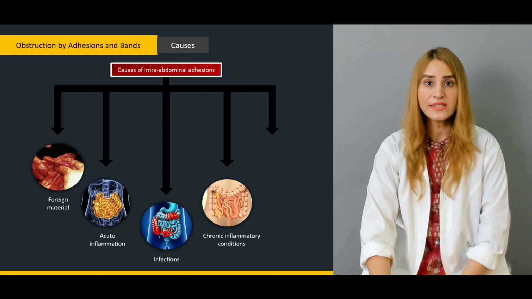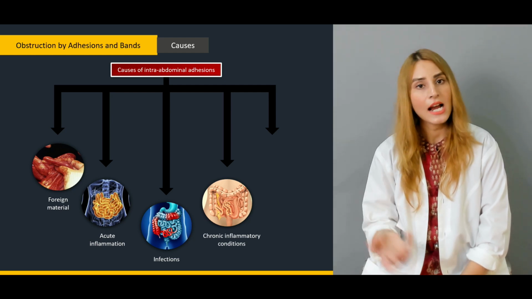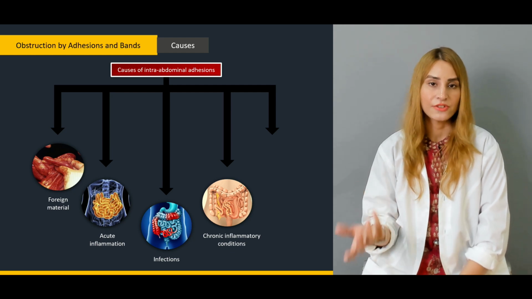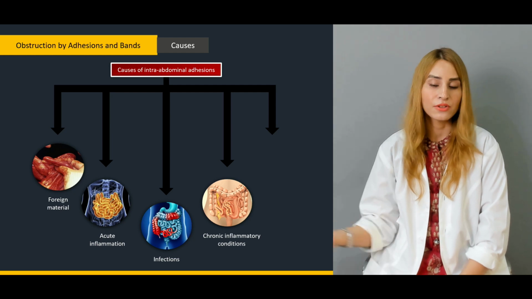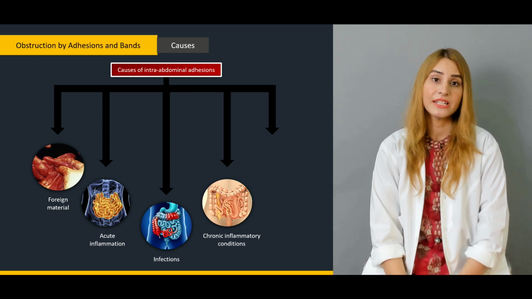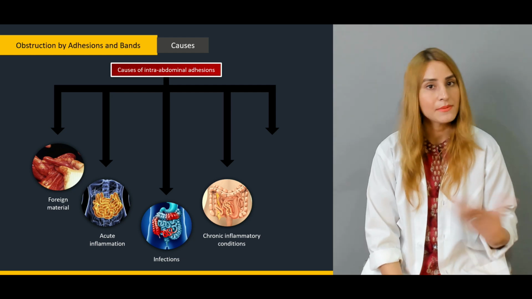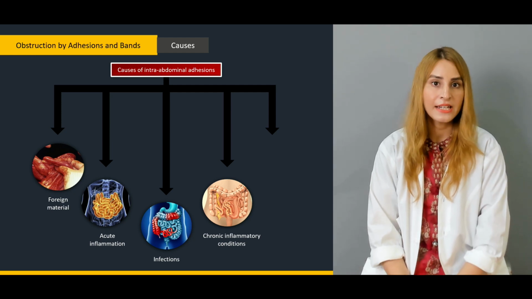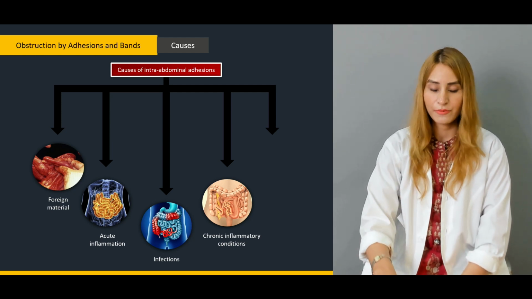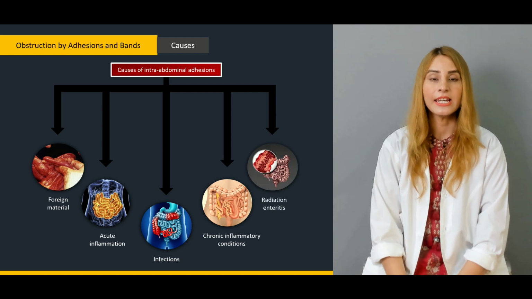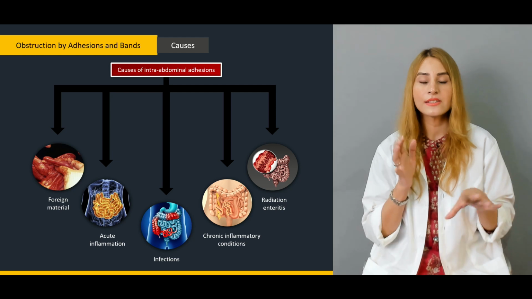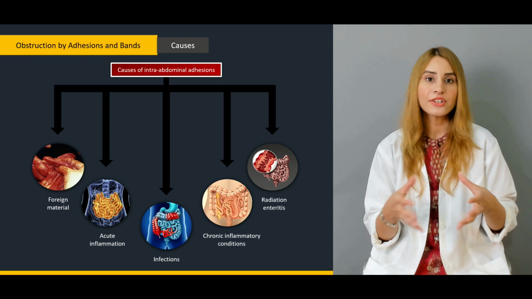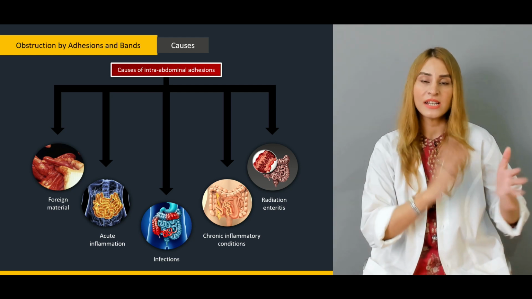There can be infections, particularly typhoid infections or gastroenteritis, because in gastroenteritis, adhesions are formed as a result of the acute inflammatory process. There can be other chronic inflammatory conditions, like TB, which is also a chronic inflammatory process, and there can be ulcerative colitis and Crohn disease. They can involve the formation of intra-abdominal adhesions, and there can be radiation enteritis. So these are all the most common causes for adhesions, and whenever there are adhesions, actually they are formed in one segment of the